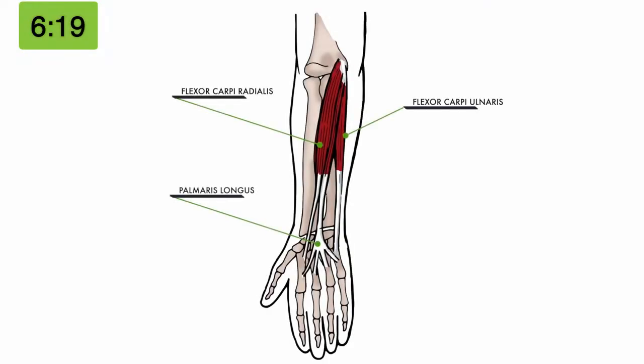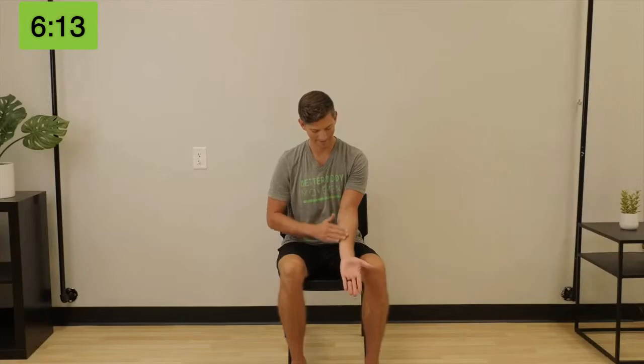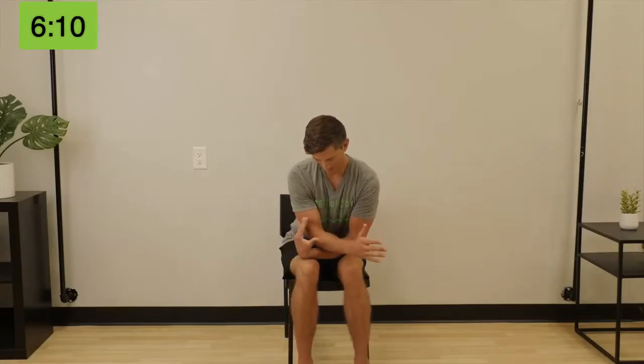The next group of muscle tissue that creates more pressure on the carpals as well is on the inside of the forearm. These are called the flexor carpi radialis and ulnaris and palmaris longus. Using a technique like the extensors, start with an open palm, flexing your fingers towards the elbow as far as